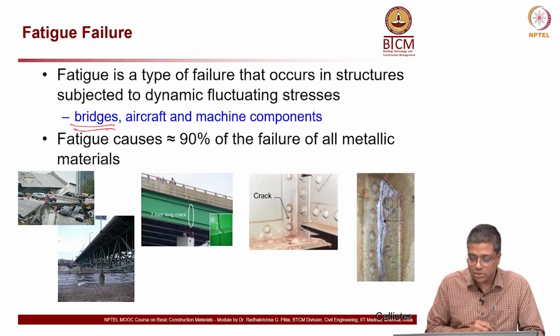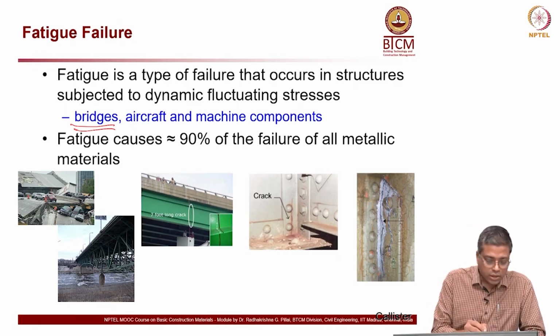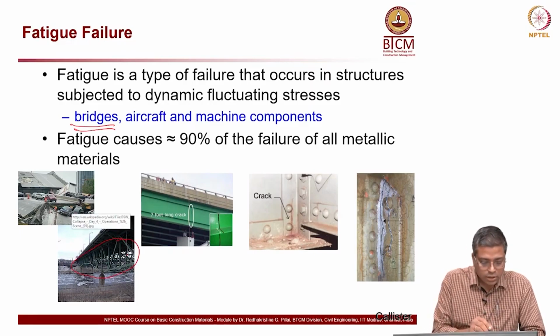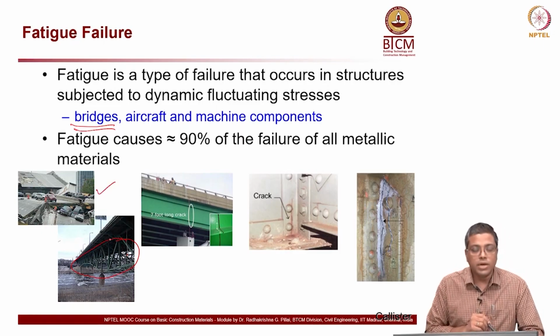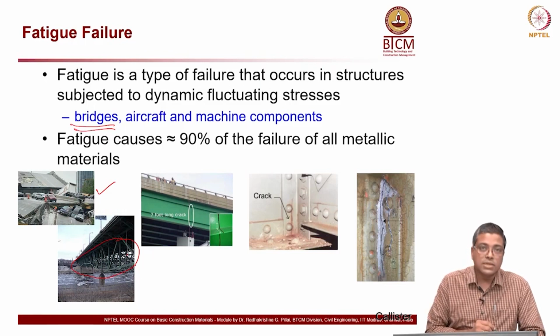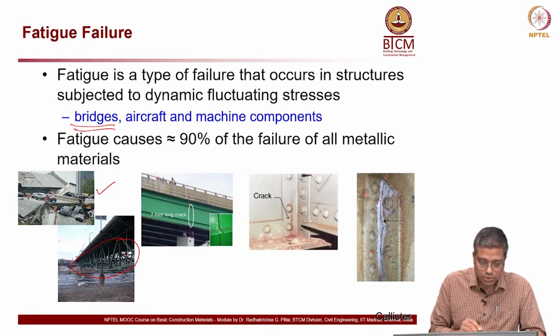So, here are some examples showing some demonstrations of fatigue related distresses on bridges. You can see here on the top left, this is the bridge. Over here you can see the steel truss, and this figure is the top view of the same bridge. It is the Minnesota I-35 bridge, which collapsed due to fatigue related failure, and also some people say there was a lack of redundancy in the structure, but let us focus here on fatigue because there are reports which say it is due to fatigue failure.